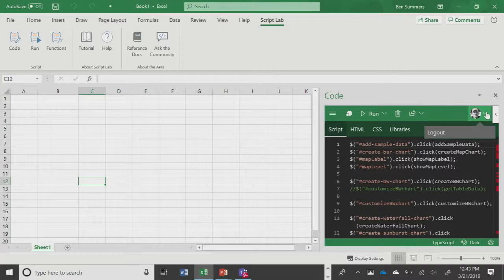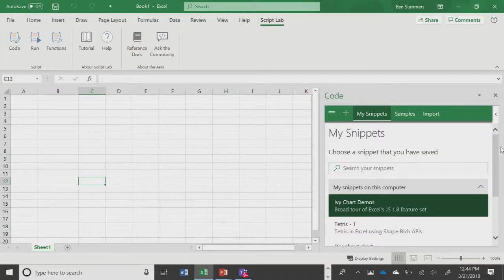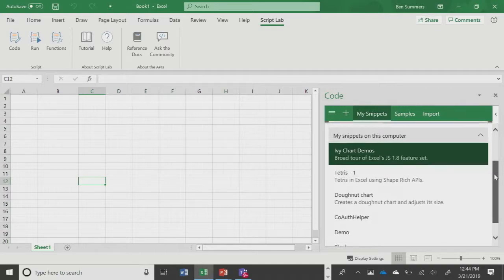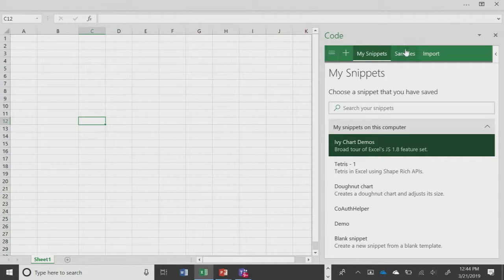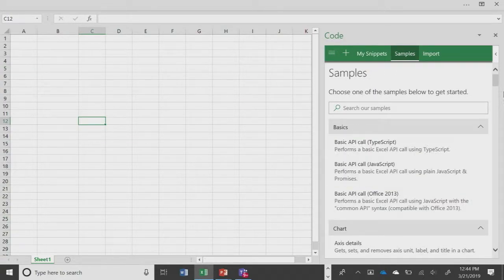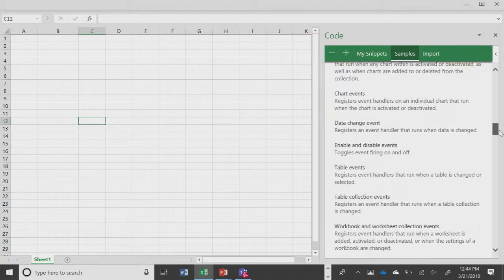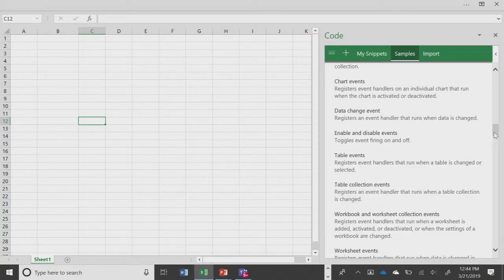It allows you to connect to GitHub. So if you want to share what you're working on, or if you want to use snippets from other people's projects in the projects that you yourself are building, you can very quickly download a bunch of different things and use them as the basis for the projects that you'd like to manage. You can see that I've got a bunch of snippets that I've gone to GitHub and saved, but also within this, there are a number of samples. So there are cool things that you can do right off the bat, right? There are all these different things that you can play around with.